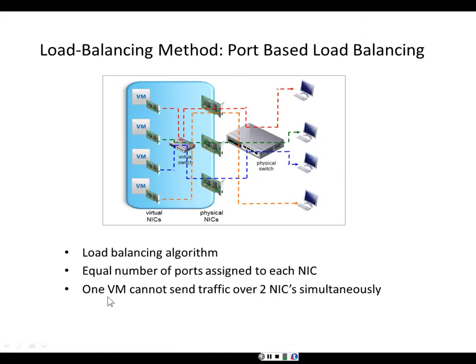The disadvantage of that is that one virtual machine cannot send its traffic over two network interface cards simultaneously. So no one virtual machine can ever have 2 gigabits per second throughput. That's called the port-based load balancing method, and that's the default. It's not a bad way to go. However,